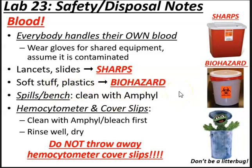If there's any spillage or drops of blood on the bench, you of course want to clean with Antihil or Lysol. The hemocytometer, as well as cover slips, will be cleaned with Antihil and bleach first, and then rinsed well, and then dried. You don't want to cover or throw away any of the hemocytometers or the cover slips because